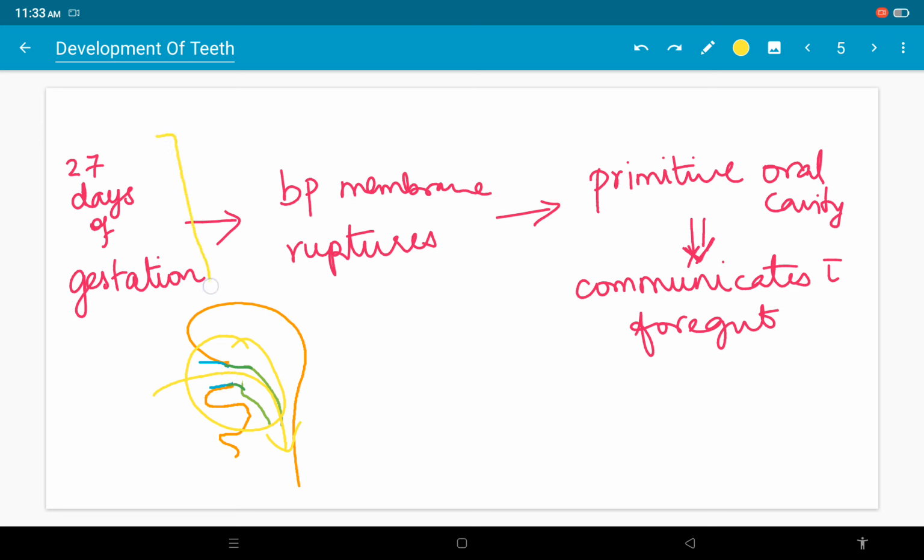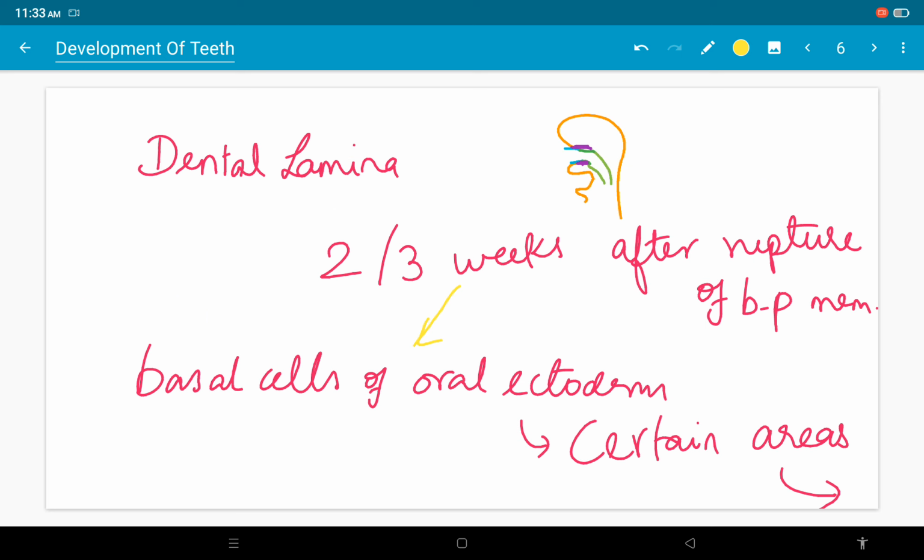At 27 days of gestation this happens, roughly 1 month. So the buccopharyngeal membrane ruptures and the primitive oral cavity is formed. It communicates with the foregut. There is a communication from the external environment to your foregut. So at this stage, 2 or 3 weeks after rupture of the buccopharyngeal membrane, that is around 30 days, what happens